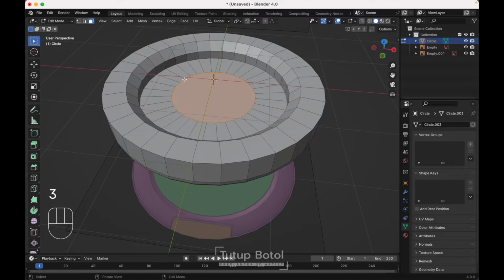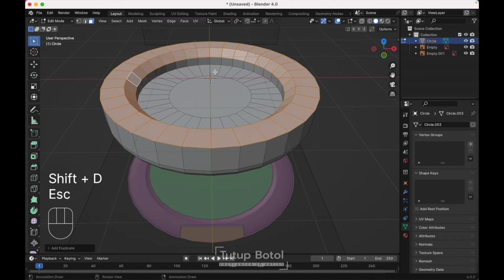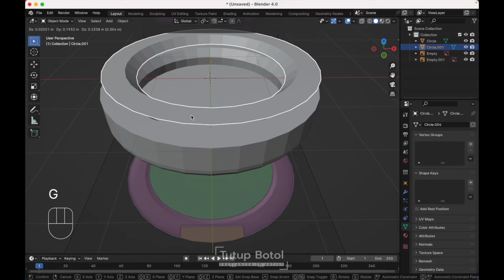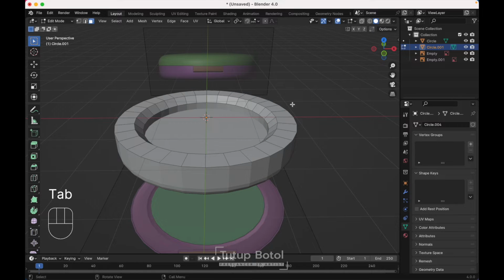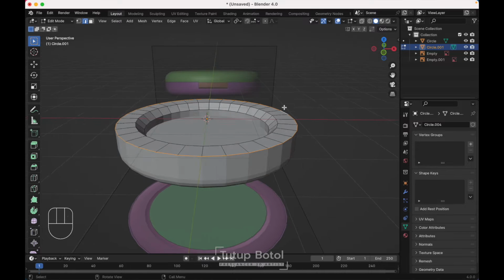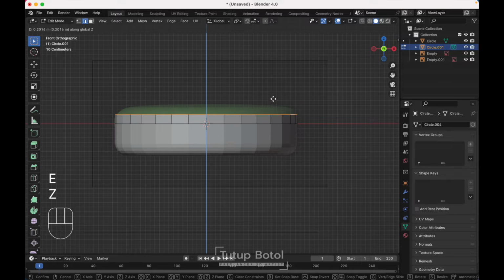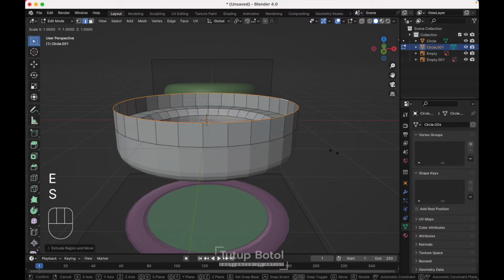Press 3 on your keyboard, select all of this face, press Shift D to duplicate it, and press P, selection to separate them, tab to the object mode, select this object, go to the top view, okay, tab to the edit mode, go to the edge mode by pressing 2 on your keyboard, select this edge, go to the front view, press E to extrude, Z, extrude it up here, just like this, and press E to extrude, S to scale it, just like this,